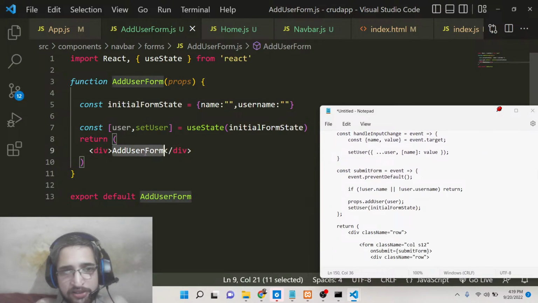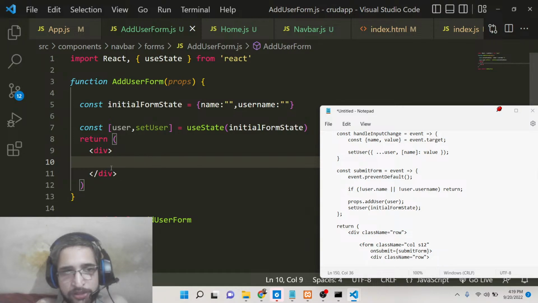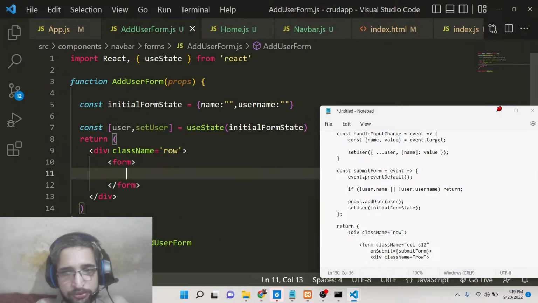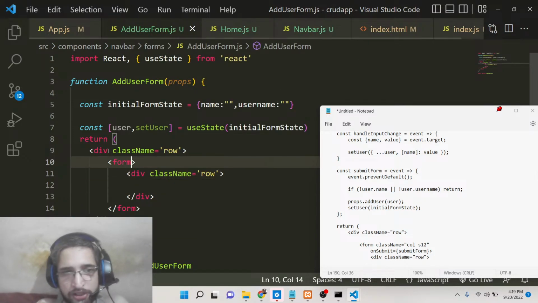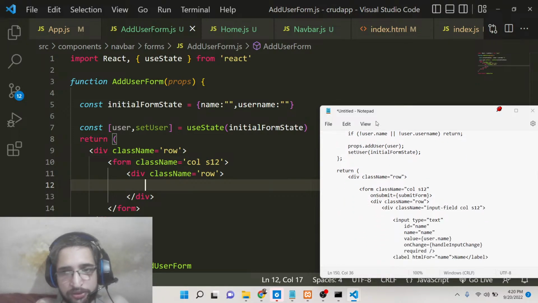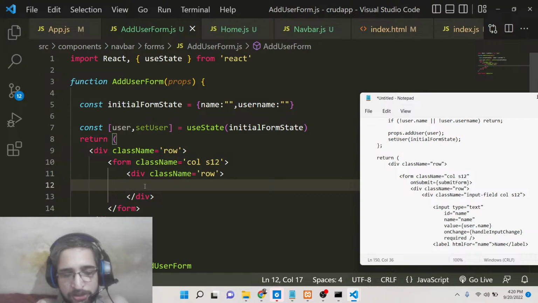So right here inside this return, it will simply return, guys, a simple form. Basically a form will be there in order to submit it. So className is equal to row, and this form will also have this class which is called col s12 like this. So guys, here inside this we will also have these, which are all Materialize classes, guys. So className, this will be input-field col s12,